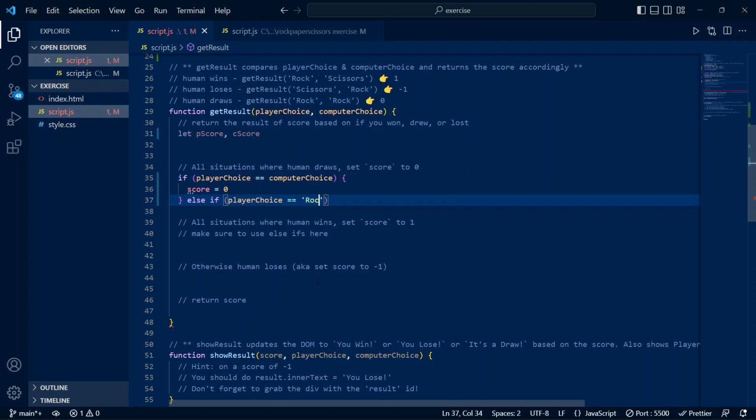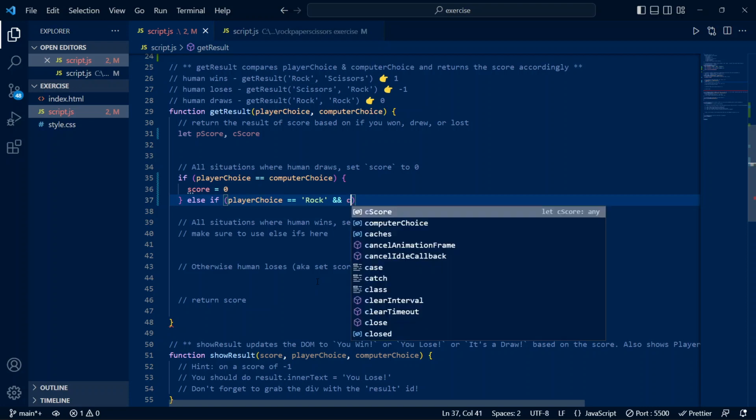So let me say if player choice equals rock, and we're going to now use logical and, which is two ampersands, and computer choice